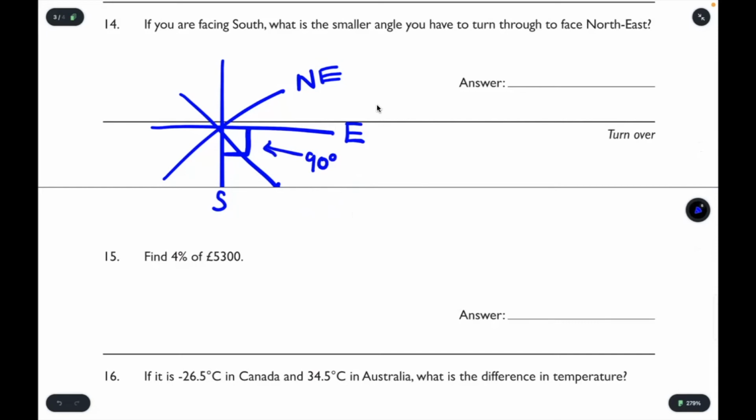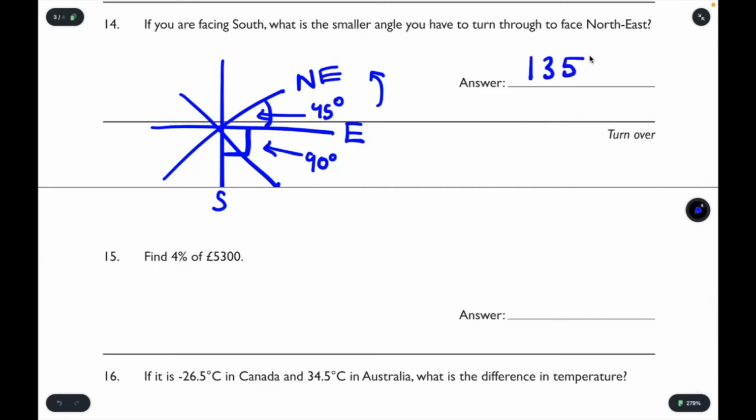And to get from east to northeast, anti-clockwise, we have to go through half of 90 degrees over here, which is 45 degrees. In other words, we are turning a total of 90 degrees, add 45 degrees, which is 135